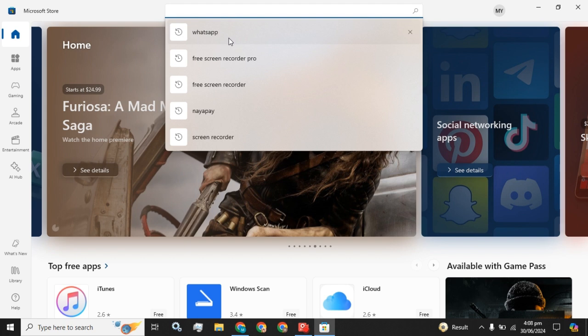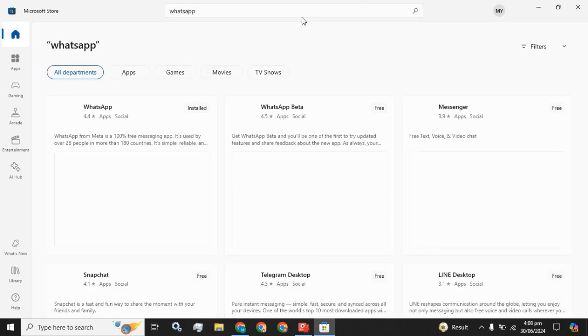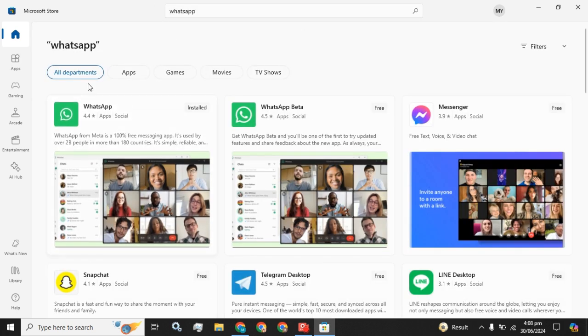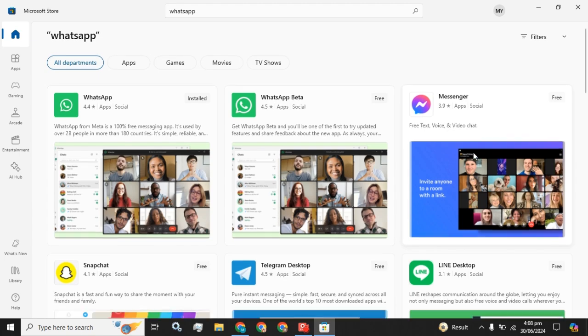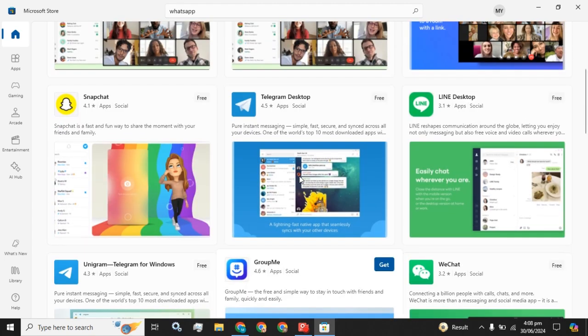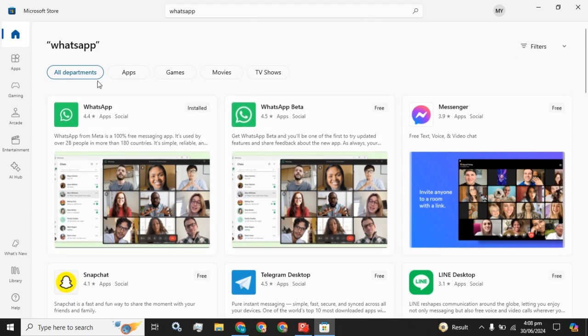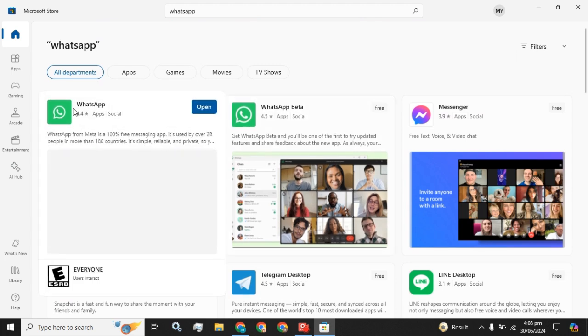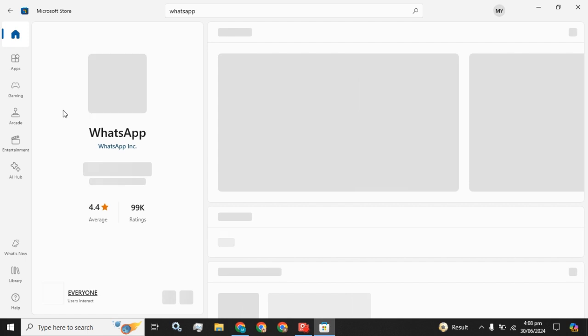You have to type WhatsApp in the search bar. WhatsApp will pop up here, and WhatsApp Beta will also be available, and many more tools which we were using on our cell phone. Now we have them available in our Microsoft Store in Windows 10. You have to